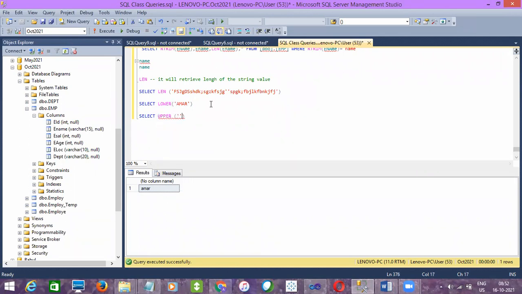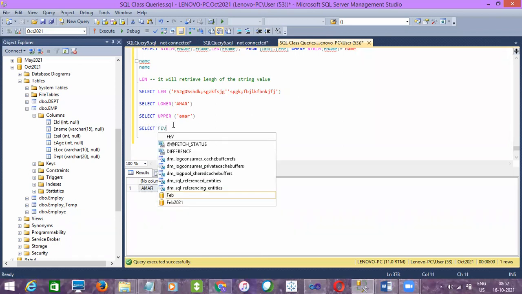But this is not that important. I'm just letting you all know these are the functions available. So it will convert from lowercase to uppercase. If in case they ask you a simple question sometimes and you're not in a position to answer, you'll be in trouble, right? So that's why I'm telling you the basic functions also. What else? So substitute, stuff, replace. I think there is one more function called reverse.